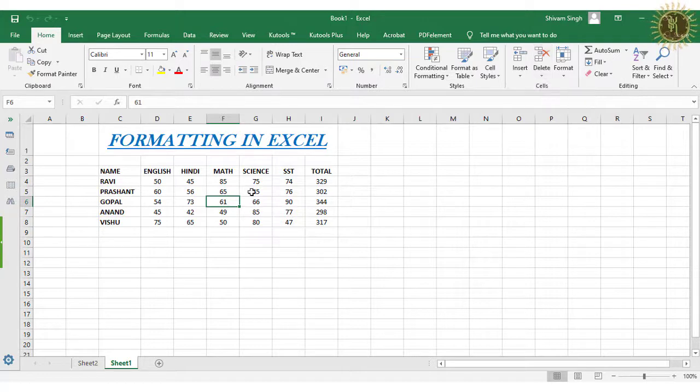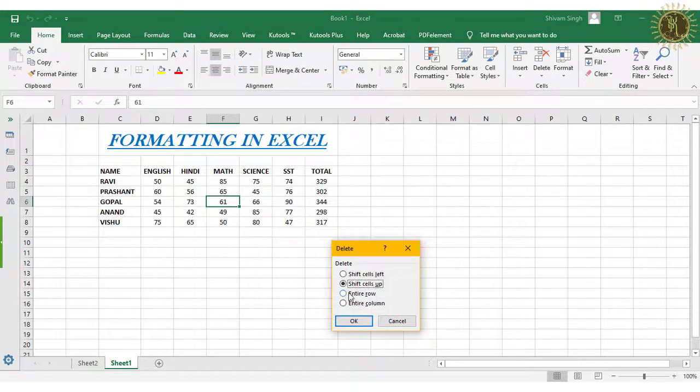The first is how to delete a single cell. For this you have to select a single cell, move to the delete option and choose delete cells. While clicking on this, it asks for shift cells left or shift cells up, entire row or entire column.